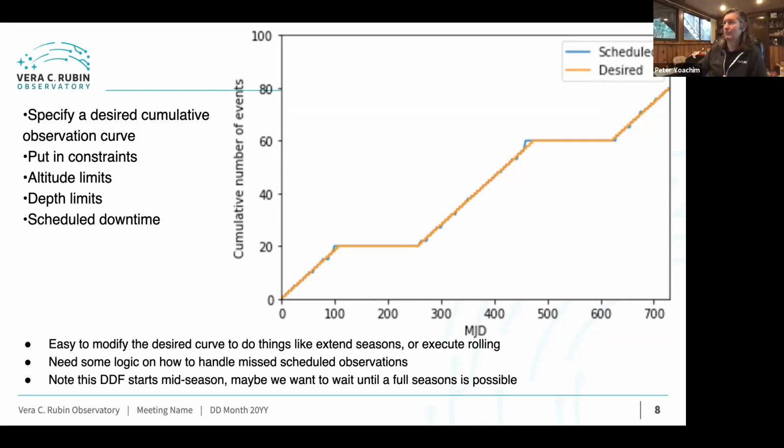Yes, if the baseline maintains one magnitude depth deeper? I don't think so. I think it will build up to it. It should be, but both the wide, fast, deep and the deep drilling fields are currently both executing linearly. That's the way to put that. They both have cumulative curves that look like the plot. So I'm not sure how much deeper it will be after 1 year.